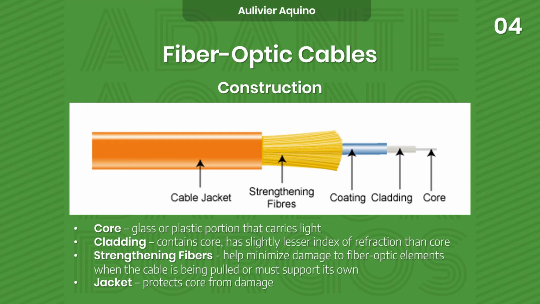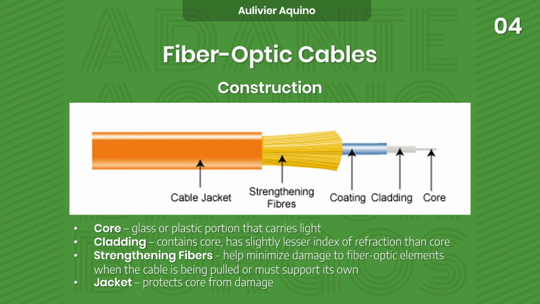Jacket. Over the cladding is a plastic jacket. It is made of some type of plastic such as PVC or polyvinyl chloride, polyethylene or polyurethane. It protects the core and cladding from damage. It minimizes physical damage such as cuts, nicks, and crushing. It protects from moisture, dirt, temperature variations, and other conditions because fiber optic cables are usually buried underground or strung